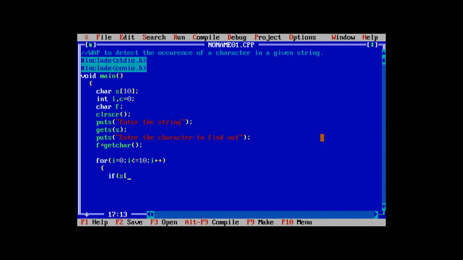If s[i] is equal to f, that is the condition, then there is c plus plus. Now if it is equal to f, that is stored in getChar, then c plus plus, that is every time it will be incremented. Now, simply print the statement